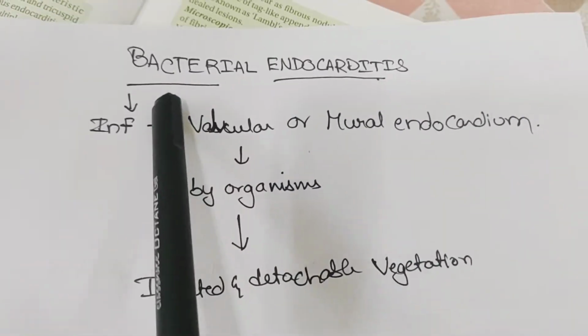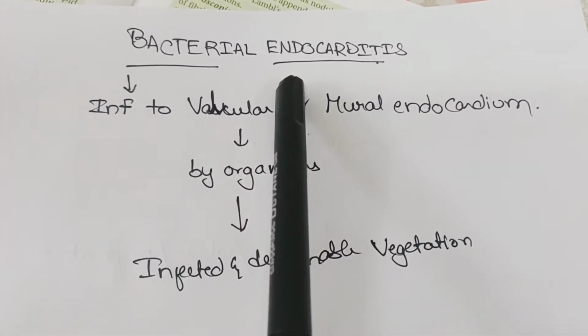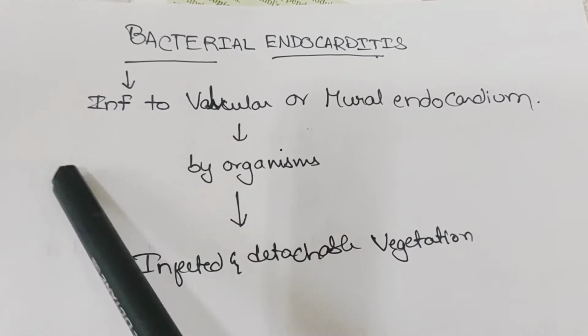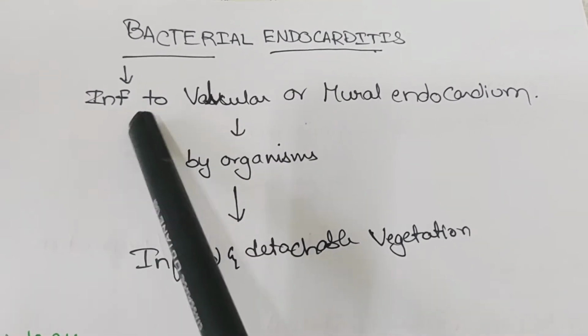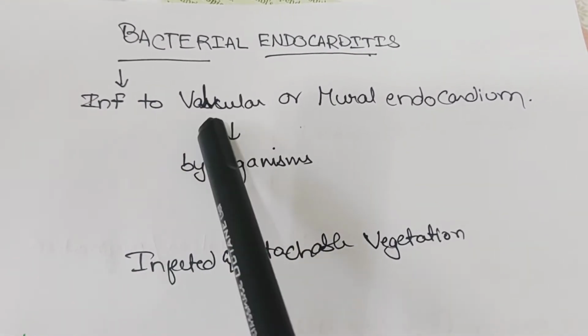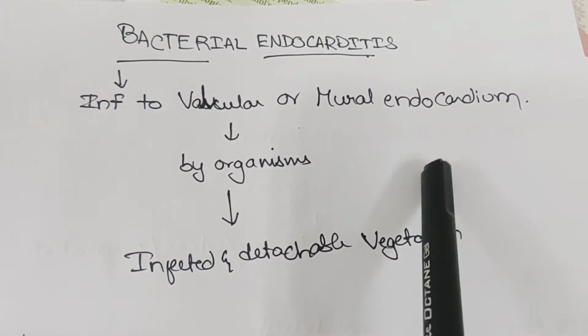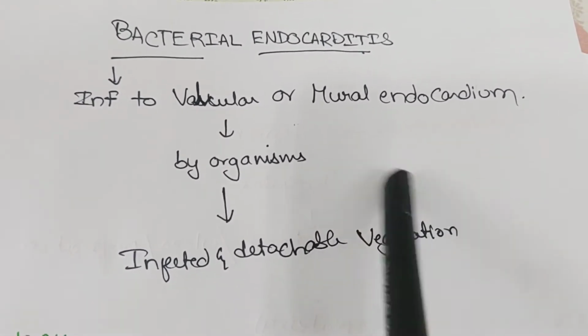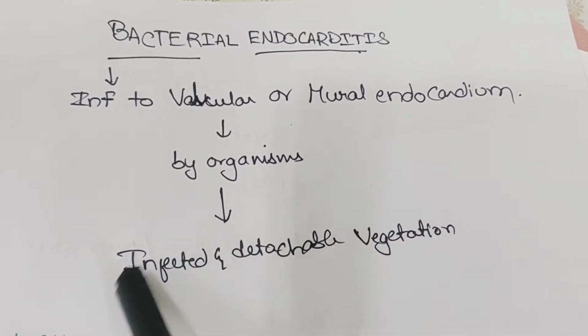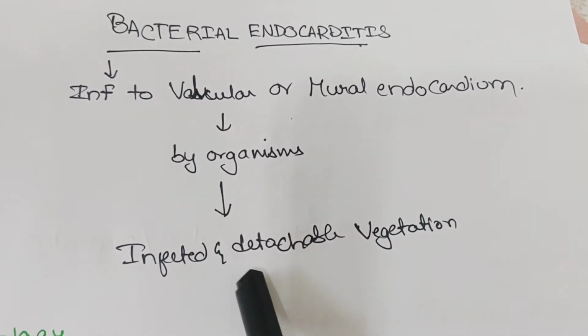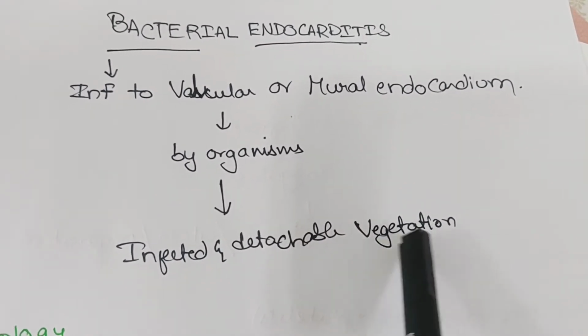So the next video is on bacterial endocarditis. Endocarditis means there is inflammation in the endocardium, and normally this bacterial infection causes the valvular and mural endocardium to get involved by the microorganisms, and they get infected, and there is a detachable vegetation that is formed on the